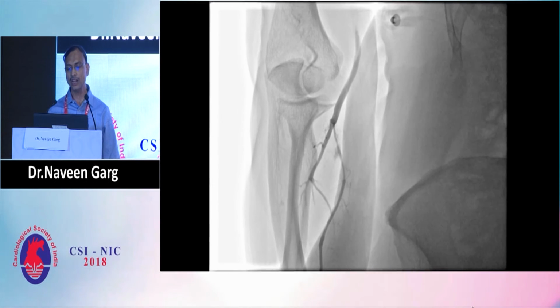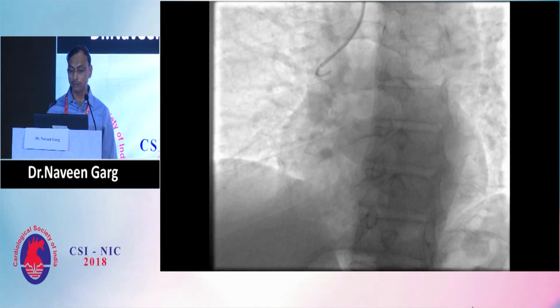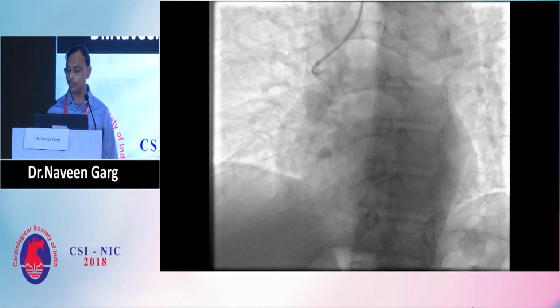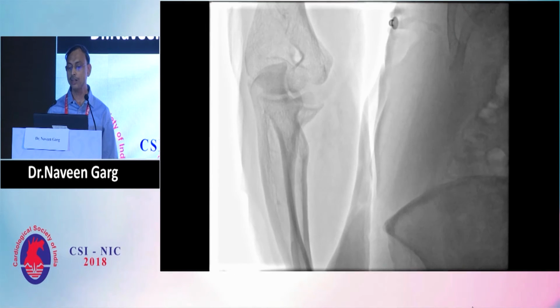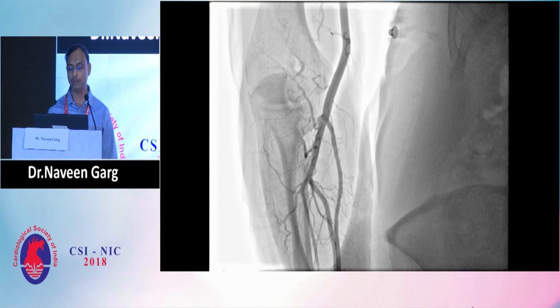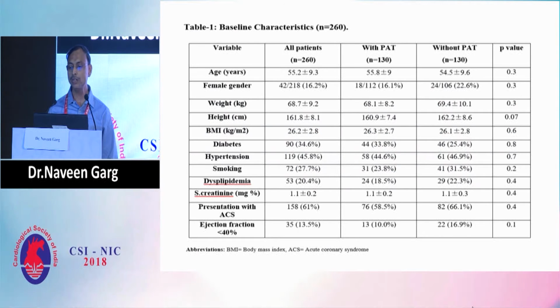In another patient, when we completed the angiography, there was a radial artery perforation and severe spasm. Then we did this same technique, and the angioplasty was completed. After completion, the radial artery angiogram showed complete relief of the spasm as well as sealing of the perforation. Now we have evaluated this technique in a prospective randomized trial, which has clearly shown